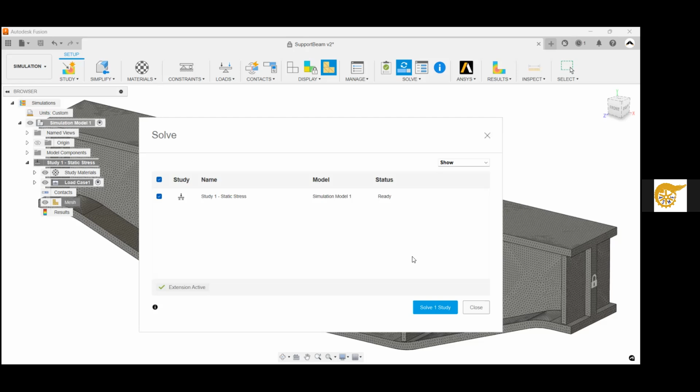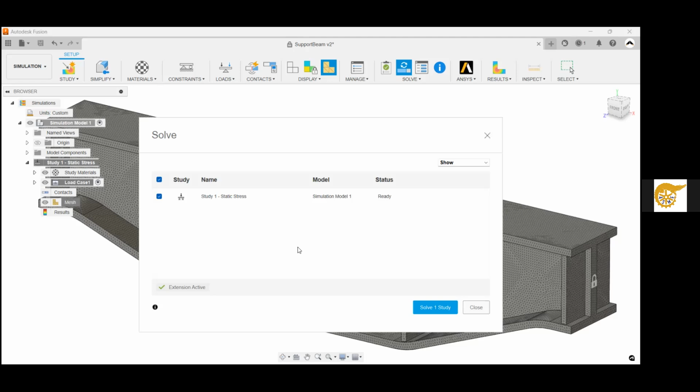It doesn't cost them money if the simulation fails, but it does if it's successful and it goes through. Now, for students and educators, you have this technology for free. You can run as many simulations as you want, and you won't be charged for them. You just have to make sure that simulation is active in your